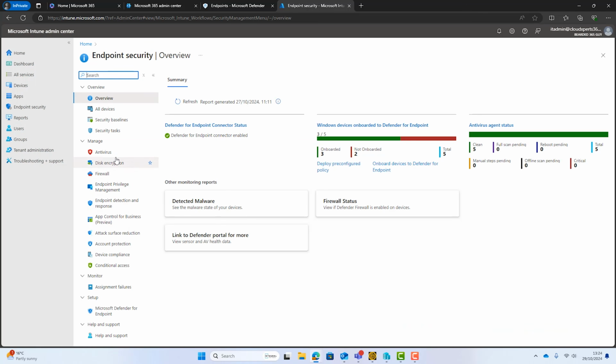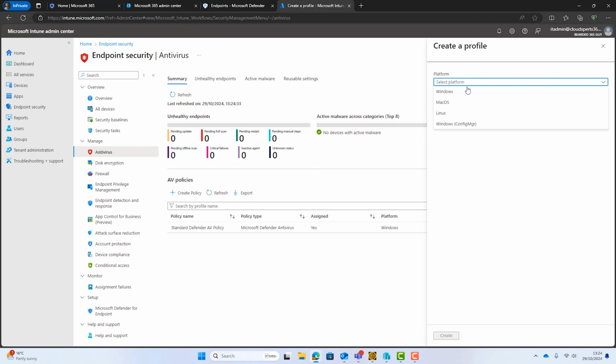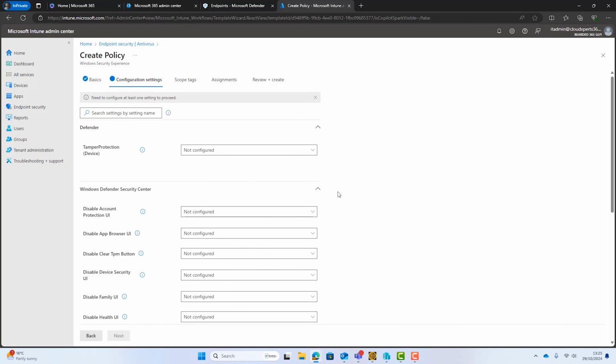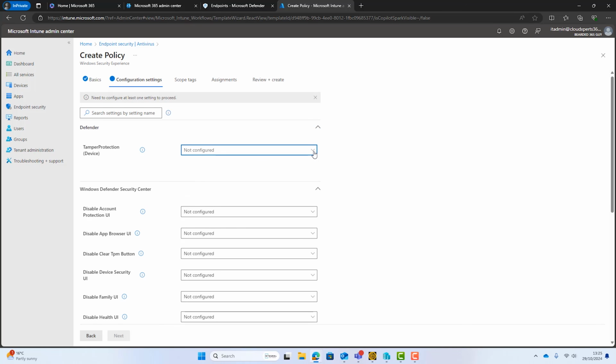If we go to endpoint security, antivirus, create a policy, choose Windows, and this time we're going to choose Windows Security Experience. Click on Create. We can give this a name. Click on Next. Now, lots of different settings here, but you can see the top one here, Tamper Protection.